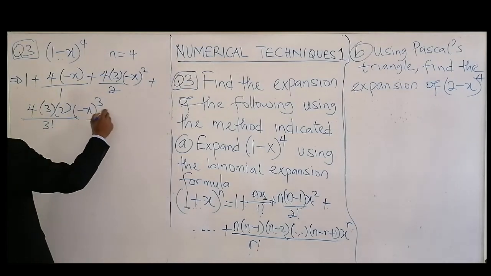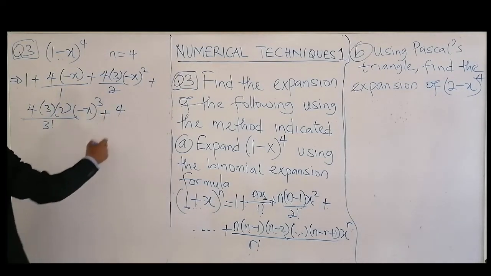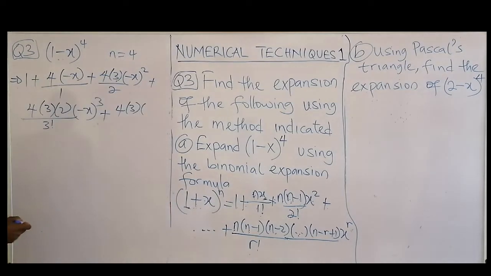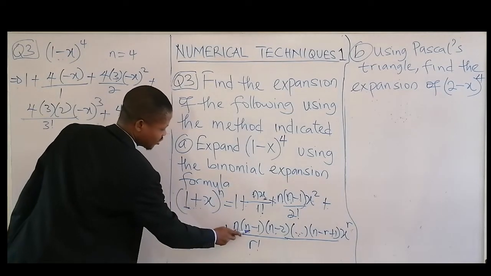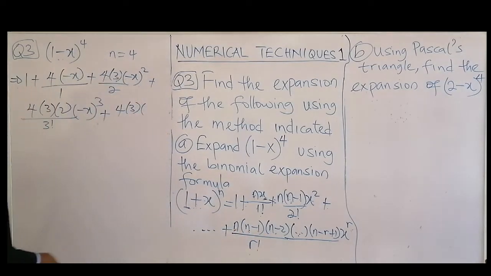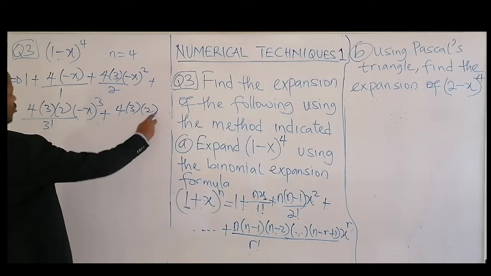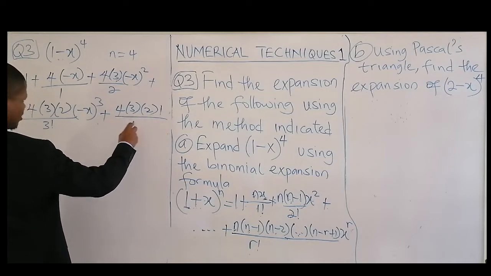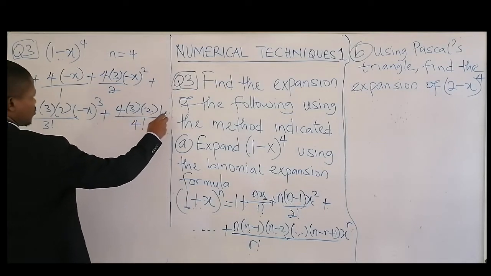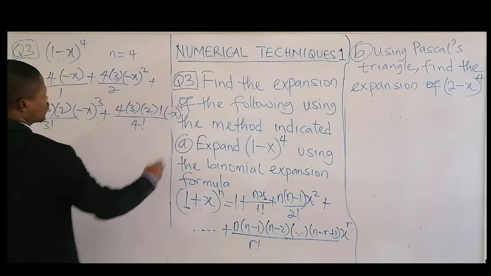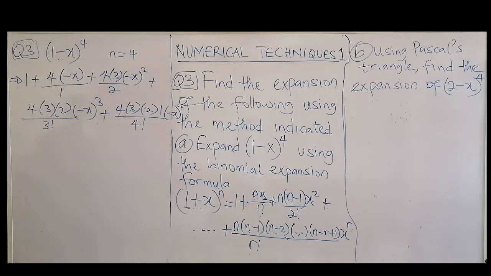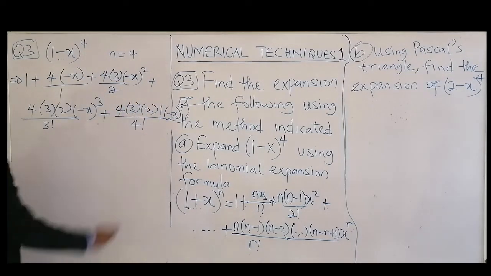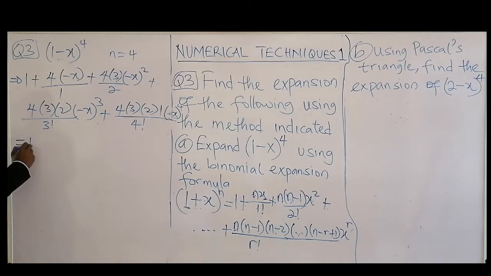Then plus 4 again. The next one will be n minus 1, n minus 2, which is 2, n minus 3, which is 1, over 4 factorial. And this will go to minus x to the power 4. So now we finish that. We'll stop there. As you can see, the last value must have x to the power 4. So that will be equal to 1 plus